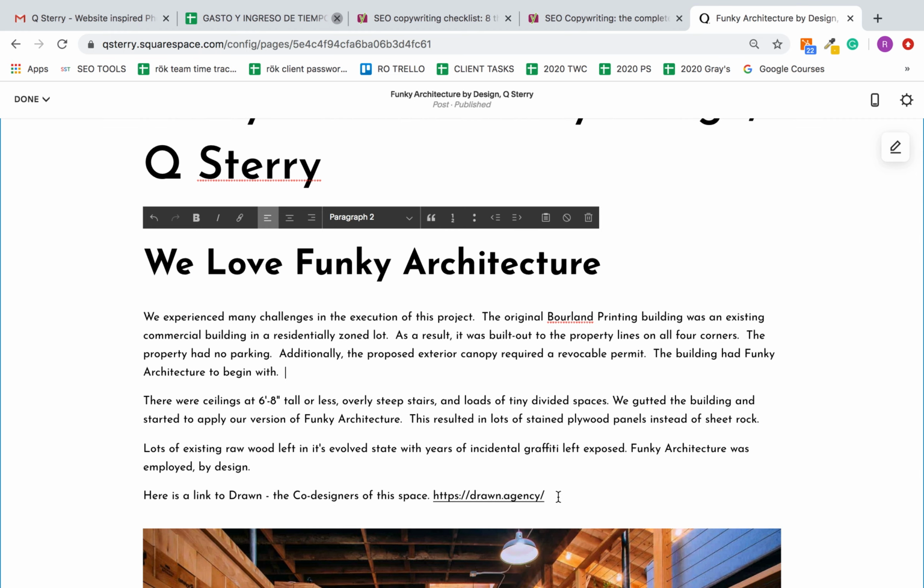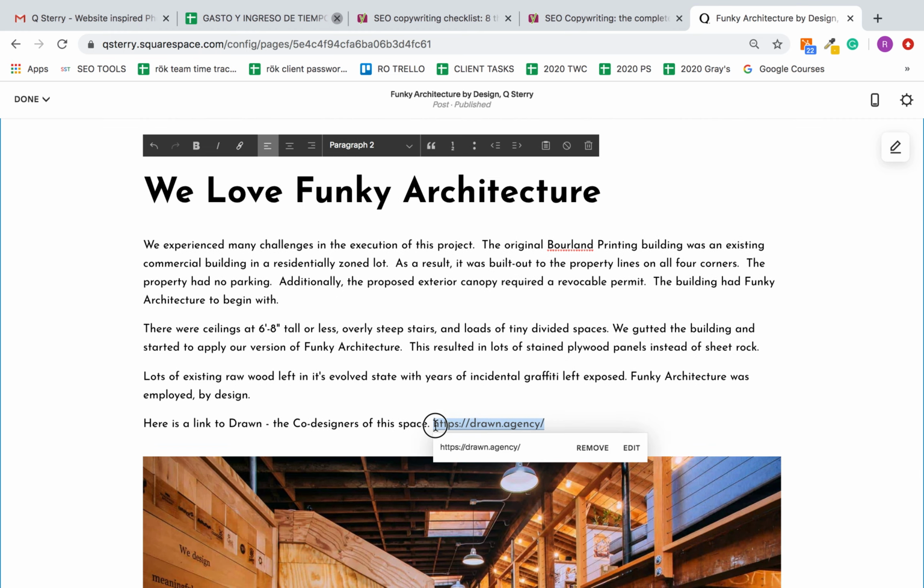Also, this is great. External links are always a good idea. Not too many, but at least one per page. So you already have that in here. Just for user experience and to make the page look nice, I would go about it this way. So where you have, here is a link to Drawn, highlight the text you want to link. Click the link here